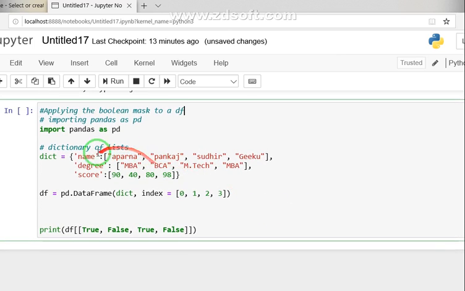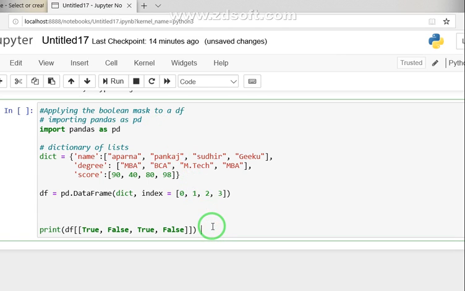So in this example we first converted the dictionary into a data frame with index values 0, 1, 2, 3, 4, and then we supplied the index values with true and false. So this will display the values only where we have true values for the data frame. Clear? So that is what we meant by the term boolean mask to a data frame.